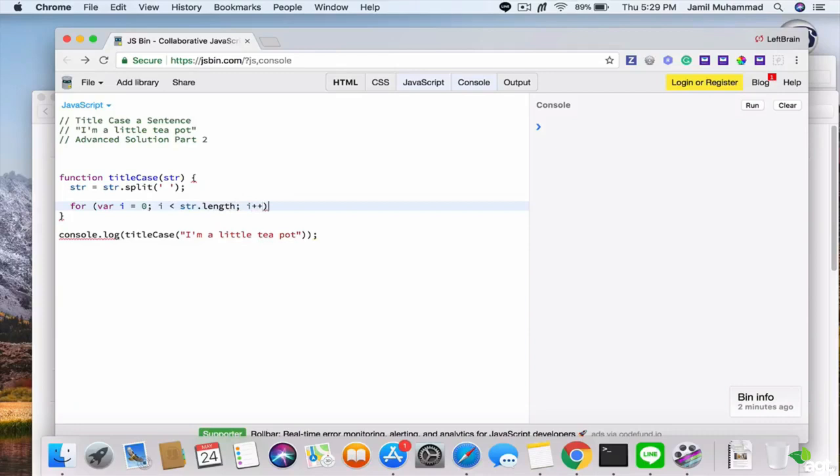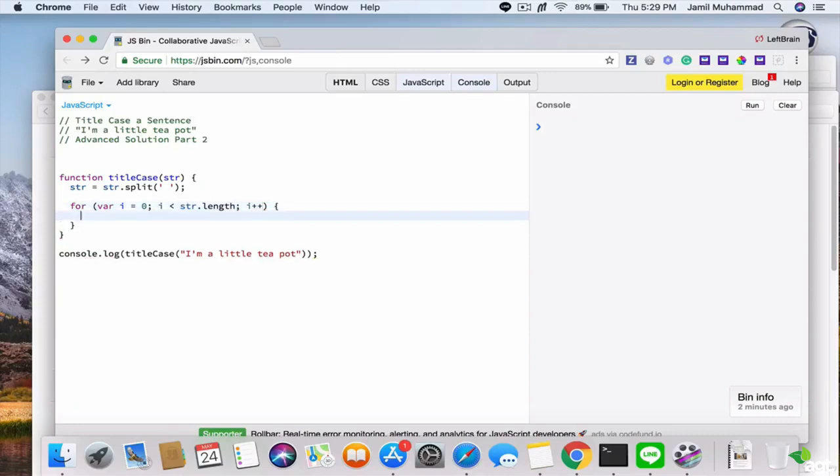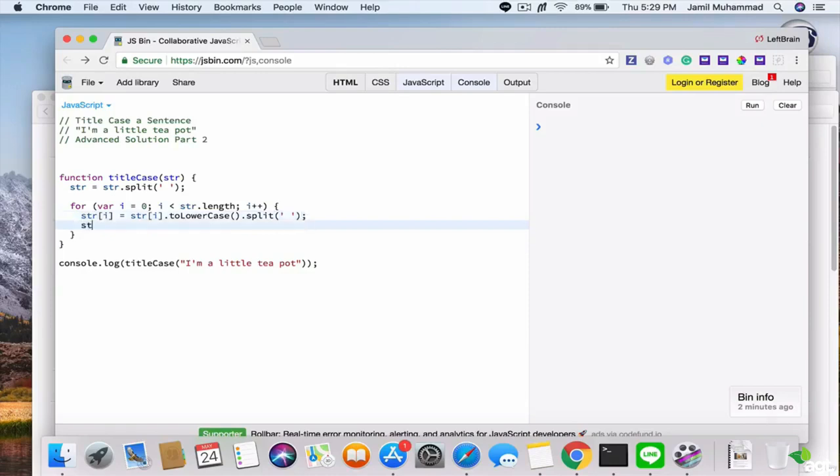And then I'm going to increment by 1, then string[i] equal to string[i].toLowerCase().split, and then string[i][0]